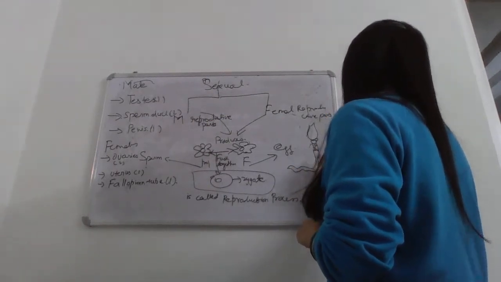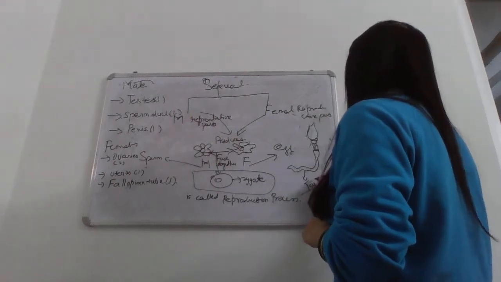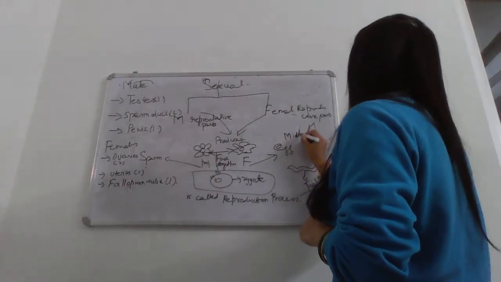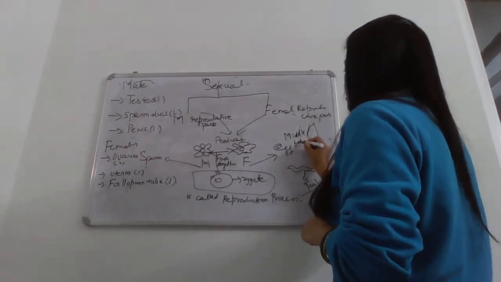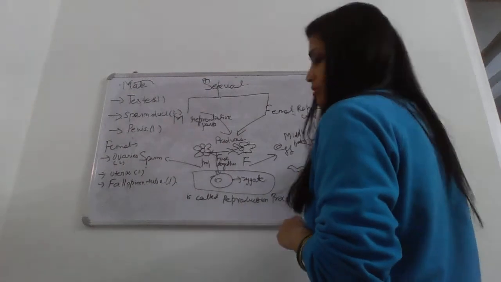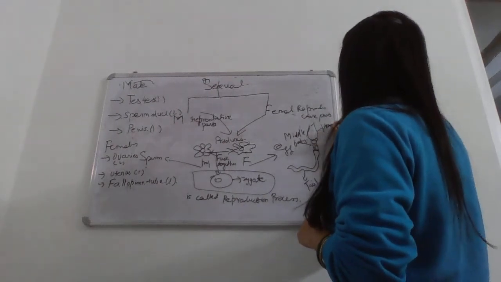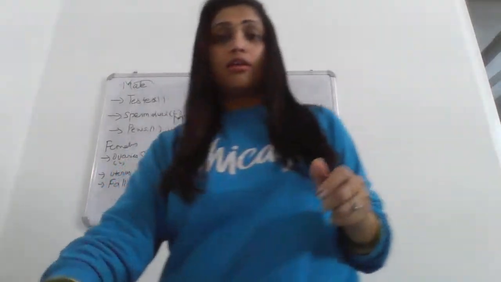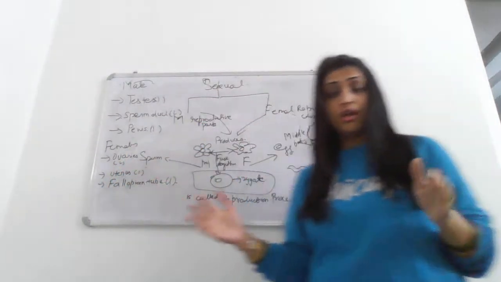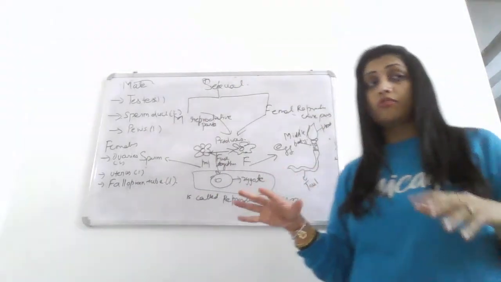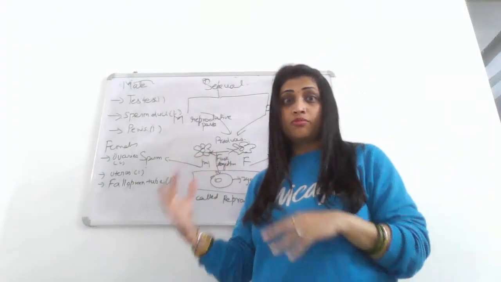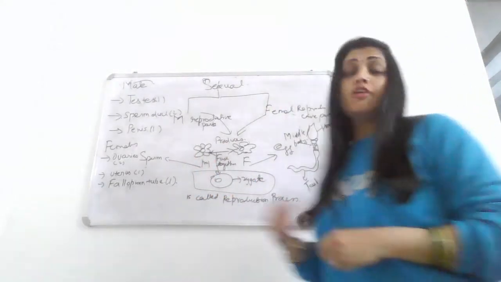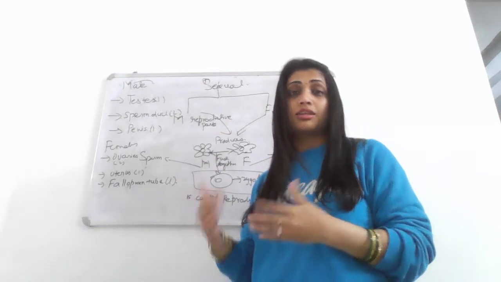We have a tail. This is called tail. This is called middle body. And this is called head. Okay. So there is a lengthy process, and there is very detailed physiology around the female reproductive part and the male reproductive part. We will take definitely those things in our next class.